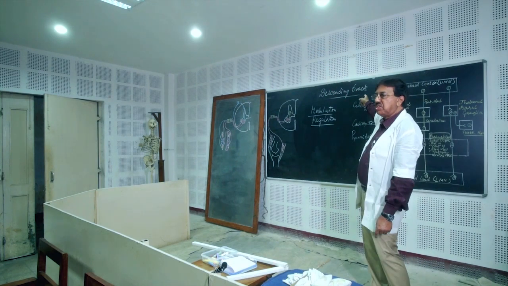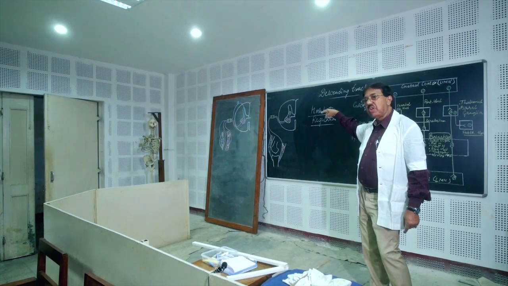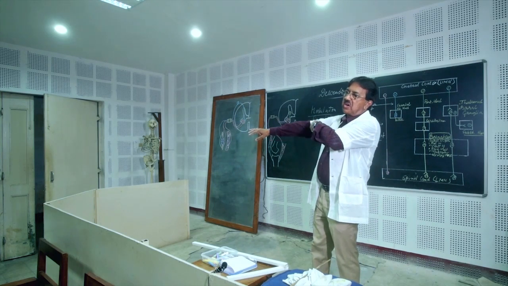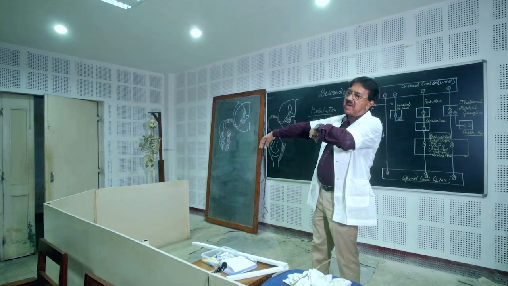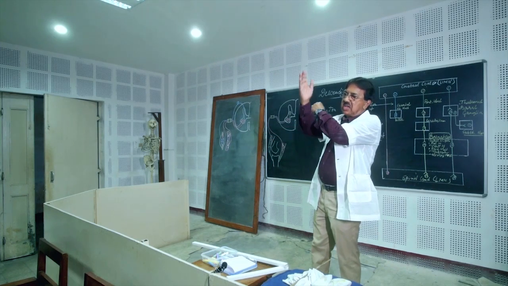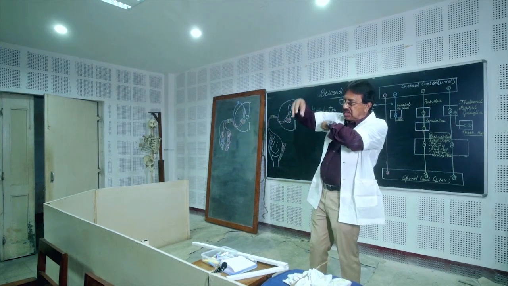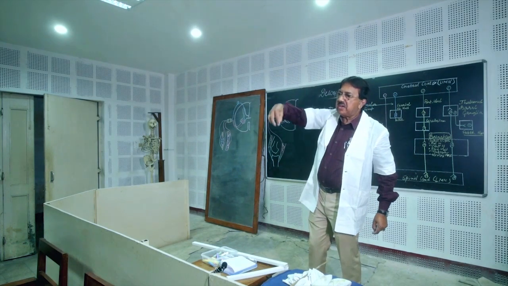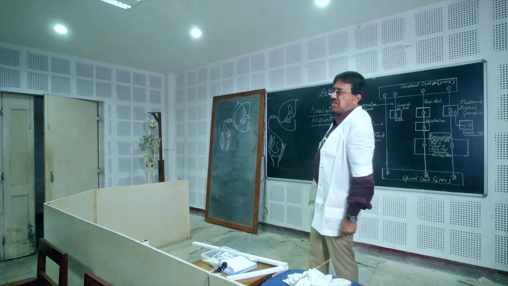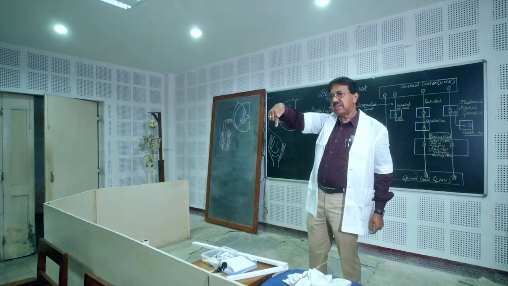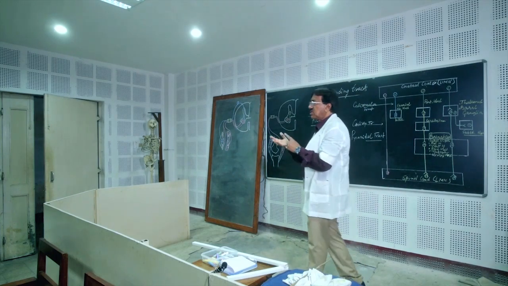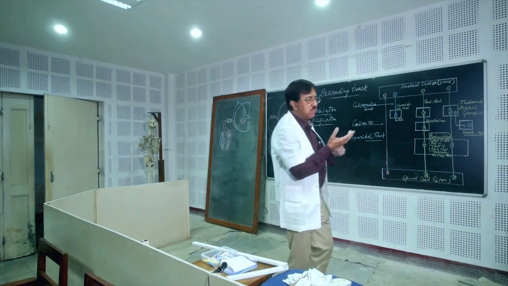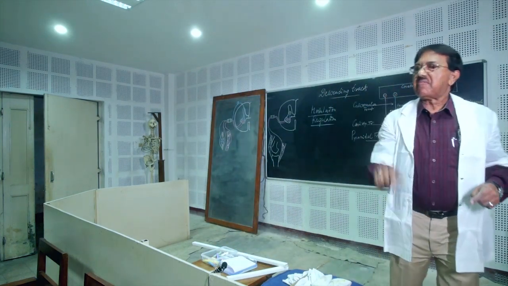That command comes from these descending tracts, from the upper motor neuron. Suppose pain sensation from the periphery is carried by the first order neuron, then the second order neuron in the spinal cord. After that, it crosses upward to form the spinothalamic tract. This sensory neuron in the spinal cord receives some command from higher centers, that is the cortex, by these descending tracts. So regulation of the perception of sensation is one important function of the